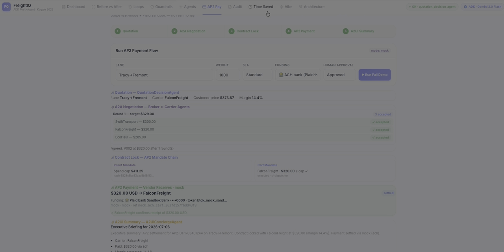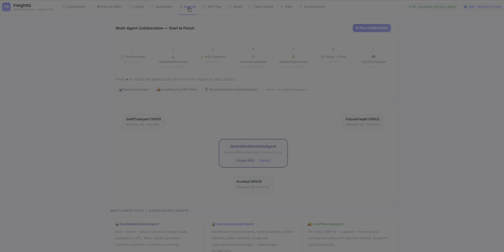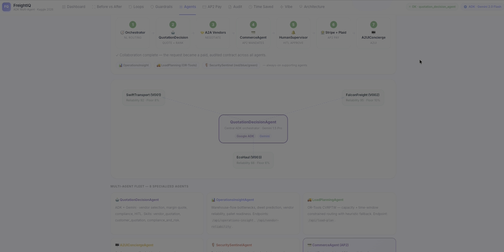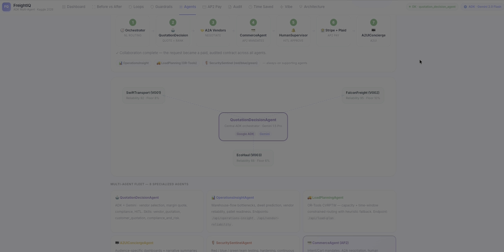So there are 8 agents involved, which are based on 3 protocols: A2A, agent to agent negotiation; AP2, agent payments protocol; and A2UI, agent to UI representation. Every agent loads a 3-layer harness: a .agent YAML file, skill contracts, and a Python runtime. That's the spine connecting the entire course.